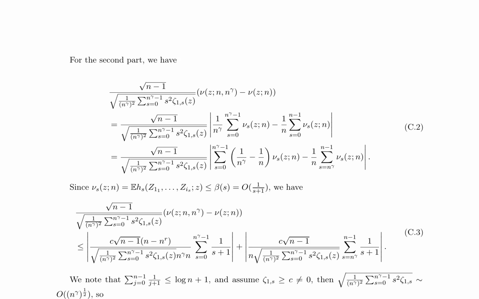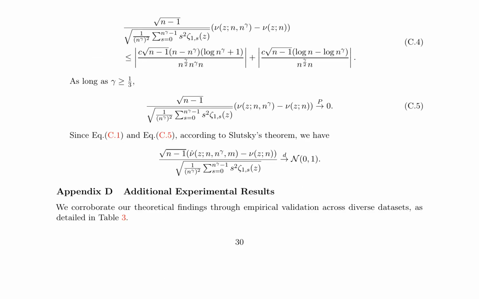An upper bound for the variance is then derived, utilizing the properties of the variance function and the assumption that the variance decreases with the sample size. This upper bound converges to 0 as the sample size increases, provided the parameter gamma is greater than or equal to 1/3. This convergence of the variance to 0 is a significant finding, indicating that the estimator becomes more precise